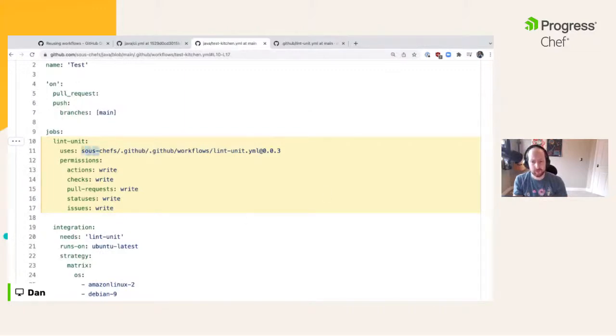It's really succinct and it's also, as a result, easy to just go